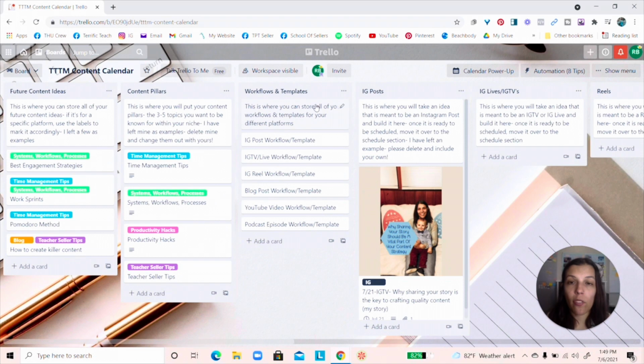Up next would be workflows and templates. This is where you would store all of your workflows and templates for your different platforms. Like if you have a specific theme of the week Instagram template, then use that. If you have blog post templates, like an actual checklist of what you do from start to finish when you're writing a blog post,